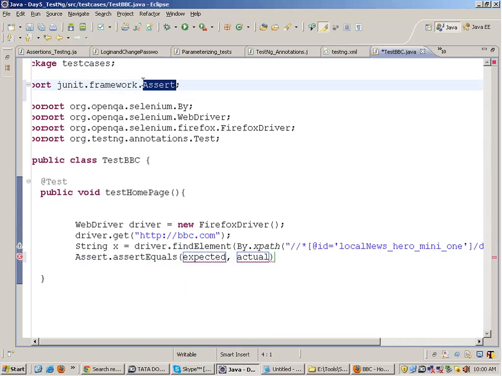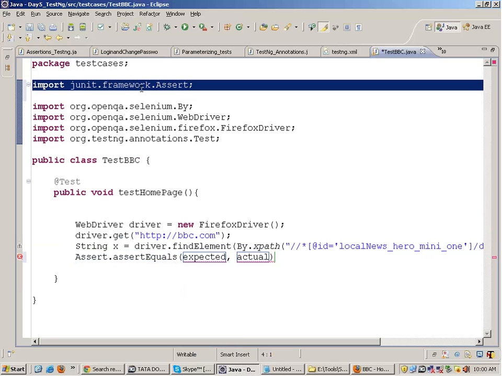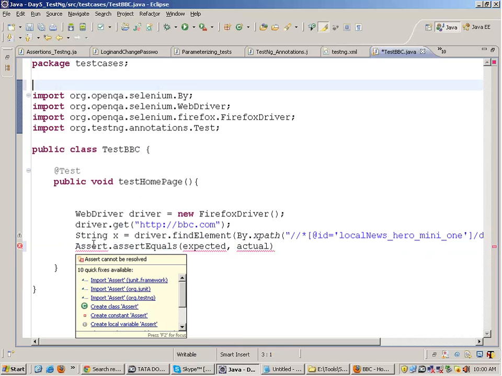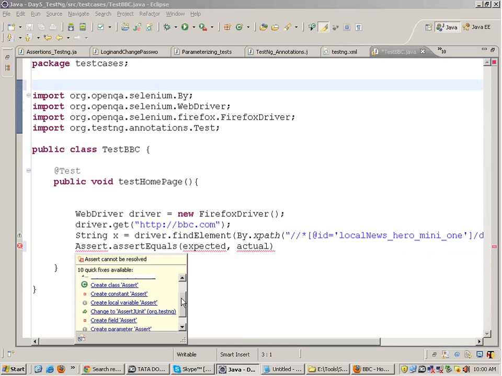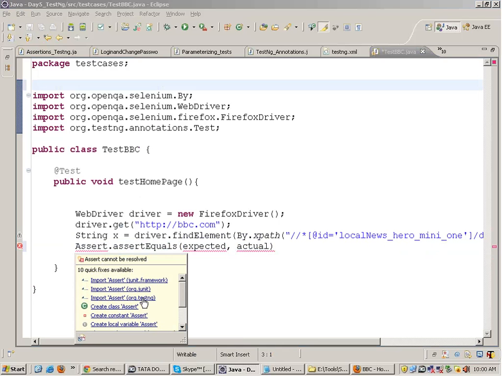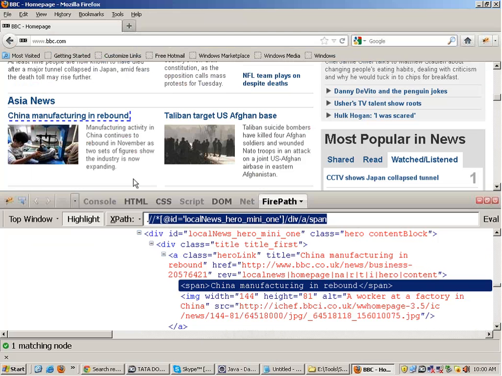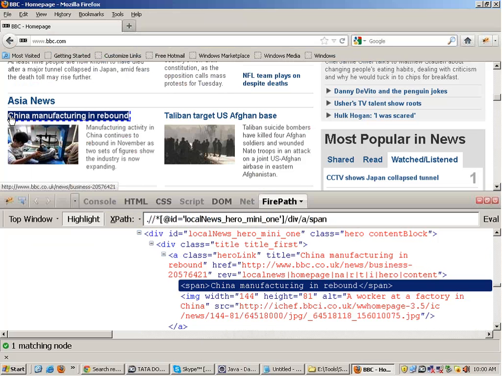fine. Okay, by mistake I imported junit.framework.Assert. Make sure you don't import the JUnit Assert class. Make sure you always import the Assert class from TestNG. This one, the third one. Okay, and then give the expected and the actual value. Expected value is, the actual value is X. Expected value is the name of the link,